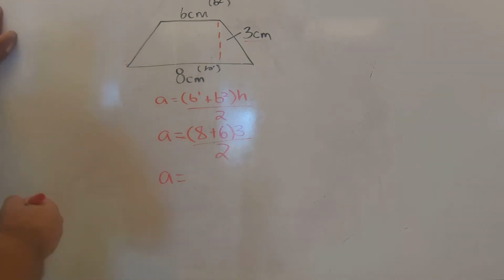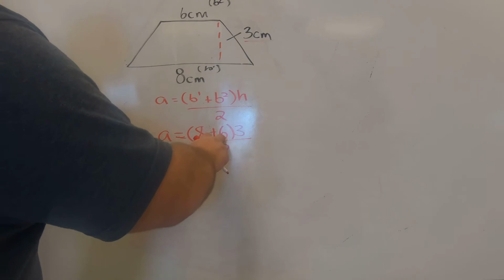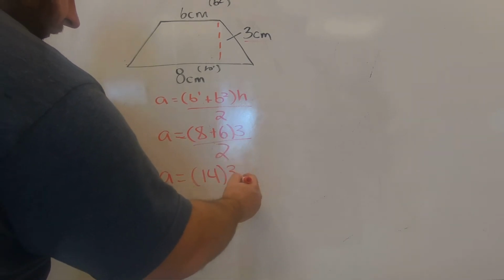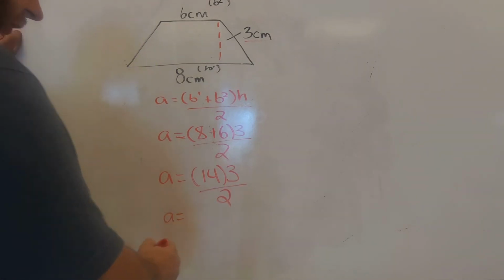We haven't done order of operations yet. Normally you should have done this in grade 5 or 6, but we always do brackets first, or parentheses. 8 plus 6 gives us a total of 14. Now I like to do one step at a time. So the next step would be 2 times